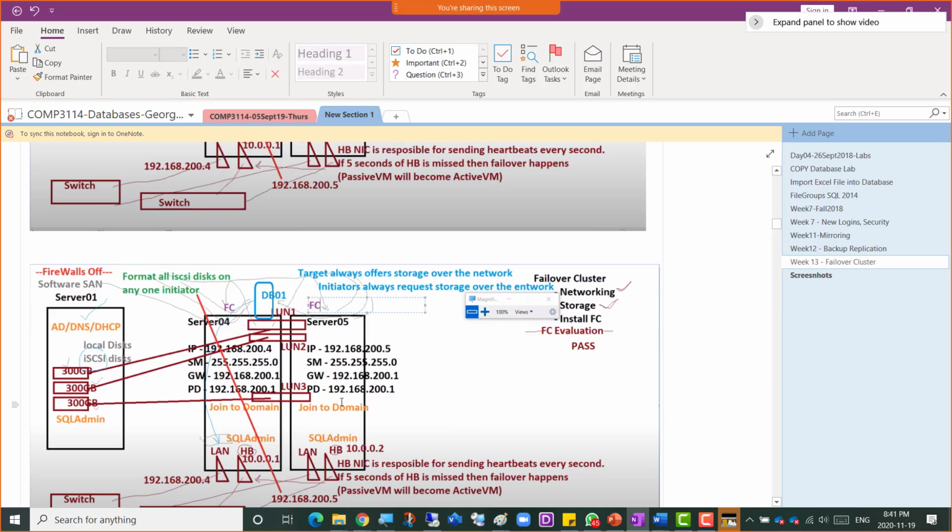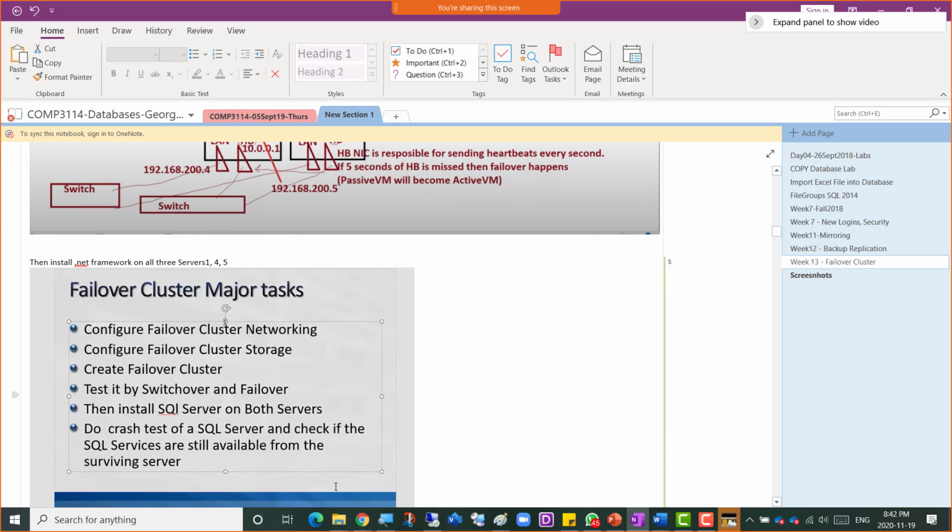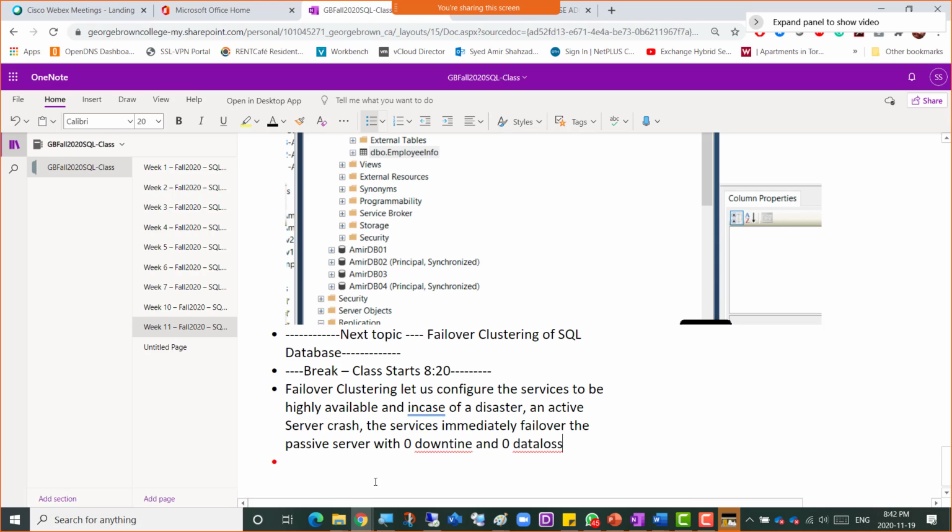But obviously this has to be done on totally new machines, and what we have already configured in our machines is not going to work. Failover clustering is not that easy to configure on an already installed SQL Server. Whenever you deploy a SQL Server in a production environment in companies, normally it has to be highly available, so we always put it on top of a failover clustering solution. Okay, so the first step would be, as the major steps are here, in fact, I'll just quickly put them down here as well. What we need is